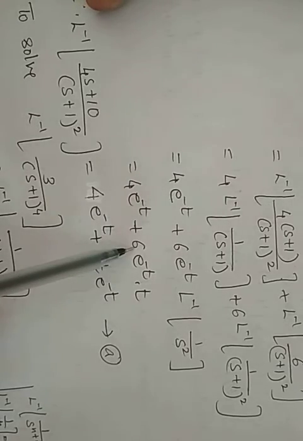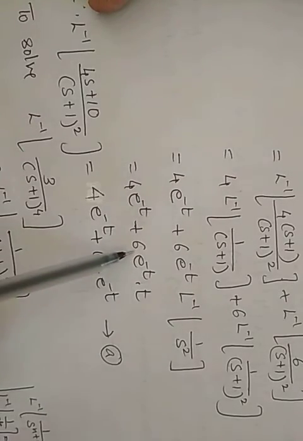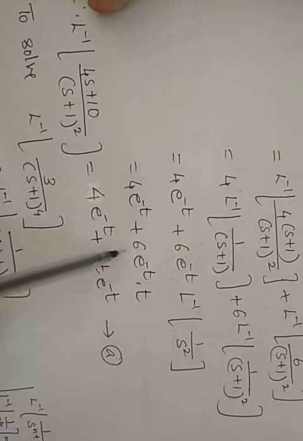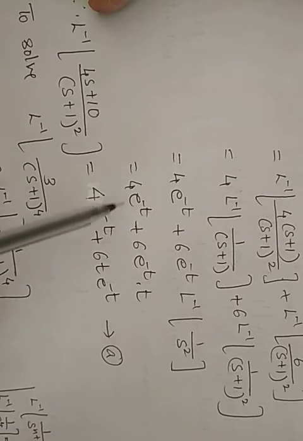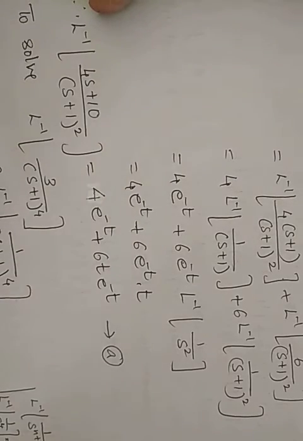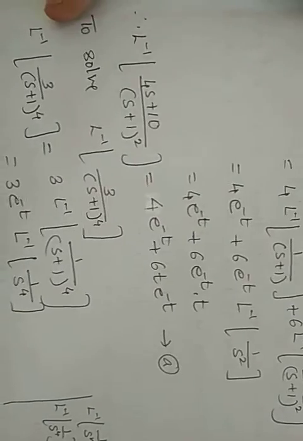Don't go and add these, because here the t is multiplied. This is different, this is different. Don't write that as 10. So this much only you keep. I'll mark it as equation number A. Next, I'll take up